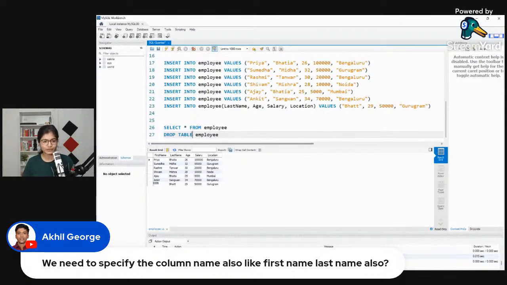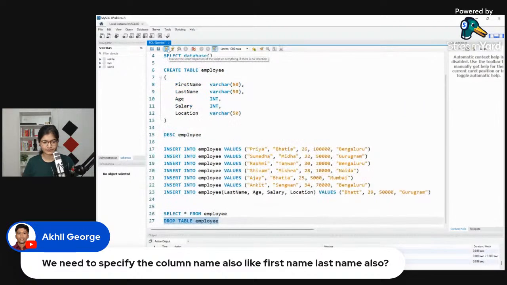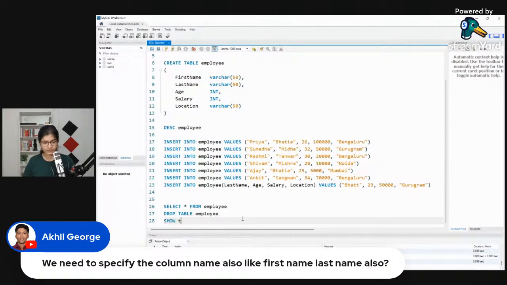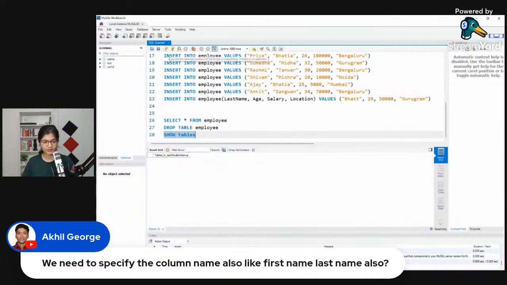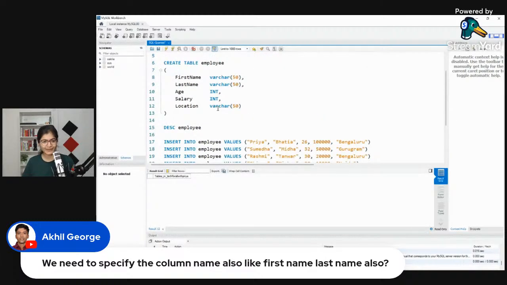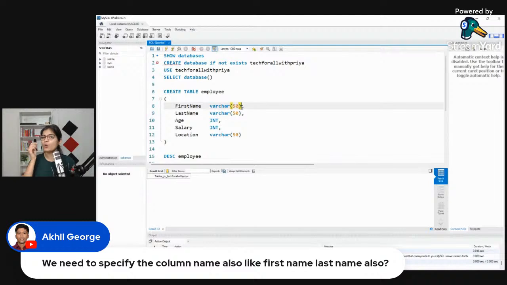So what will happen? Your table will be deleted. Done. If I now click on show tables and check it out, we don't have any table now, right? Because we have deleted our complete employee table. So what we can do now is add one important constraint which I want to talk about here,